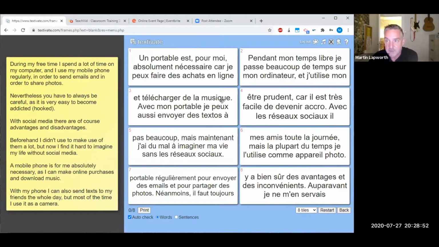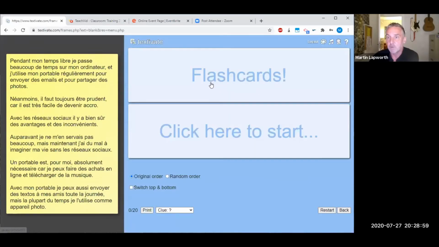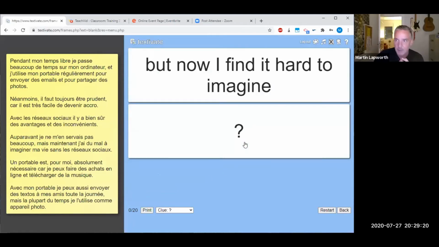For the text activities, we see the English parallel text by the side. But for all of the match activities, for example, flashcards, we now see the French text, which is our main text for our resource, now appears as a parallel text for the match activities, and that allows us to have several find the French type activities. So, for example, if we now put the flashcards in random order and we begin our activity, so now we're told we need to look for